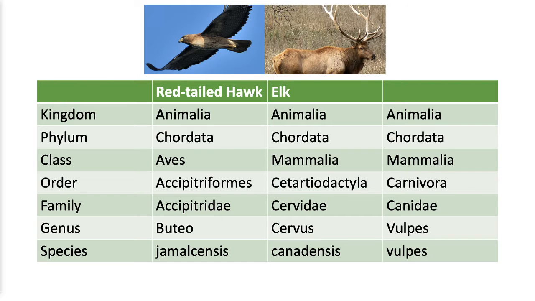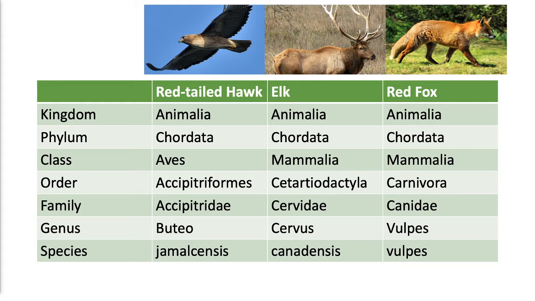Okay, the second one is an elk, and the third one is a red fox. So every organism out there, plant, bacteria, it really doesn't matter, if we've identified it and classified it, it will have a binomial nomenclature name. And that's usually what scientists would use, because if you just say a fox, there are probably many different species of hawks. And in many animals, there are subspecies of hawks or fox, or of any animals, where